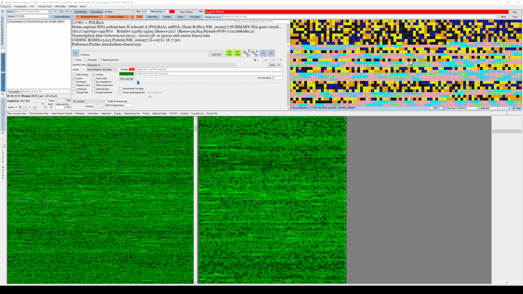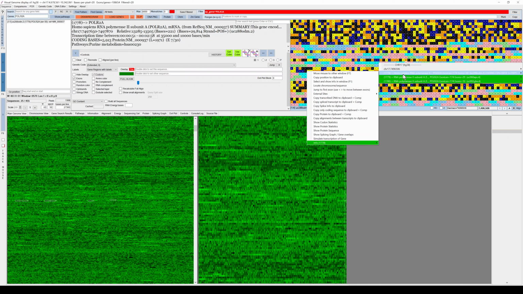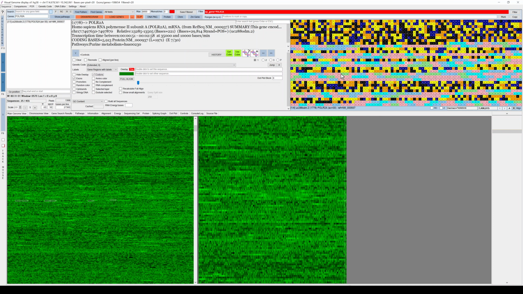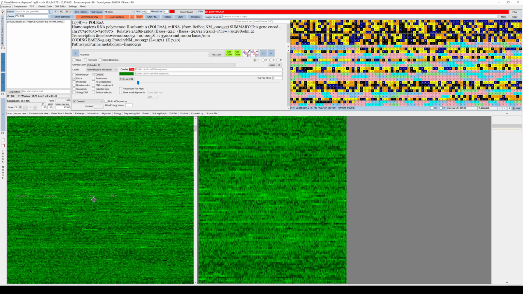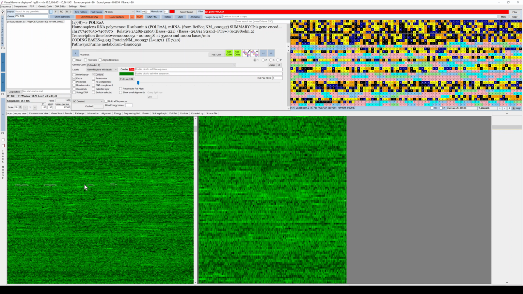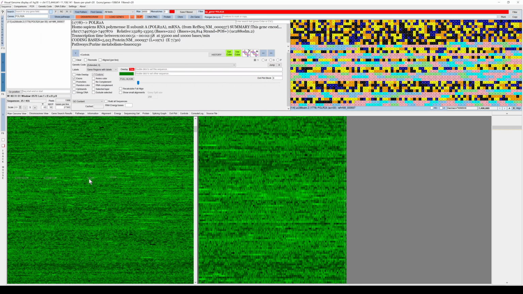So if we right click, for example, on this, we select the first one and say move mouse to the other window, then it will position the mouse in this main genome window.